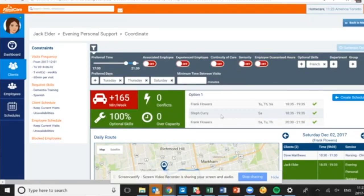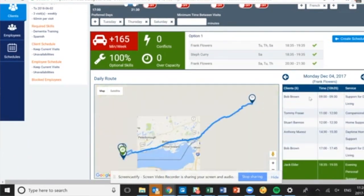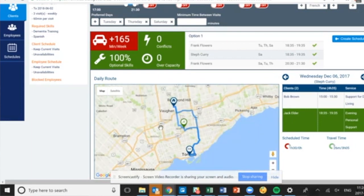So what that turns into from a software perspective is things like better scheduling. So there's no reason why you're not able to offer your staff an optimal schedule that takes into account travel time. It takes into account real distances and real travel time between locations and doesn't have a care worker running, whether it's by bus or by car, all over the city or through rural areas to get to visits,